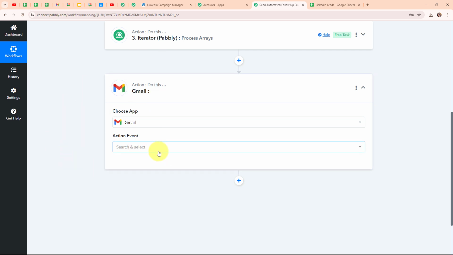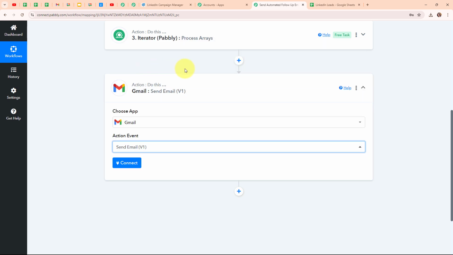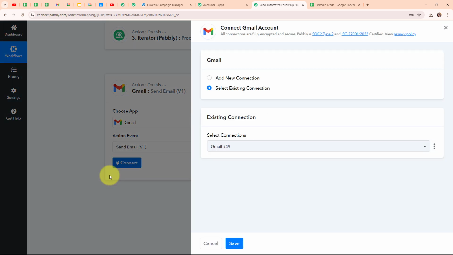So here in my Gmail action step, I'm going to select my action event as send email V1 so that automatically a follow-up mail should be sent to all those leads who haven't replied to our previous mail in our previous automation. So now here to connect my Gmail with Pabbly Connect, I'm going to click on this connect,